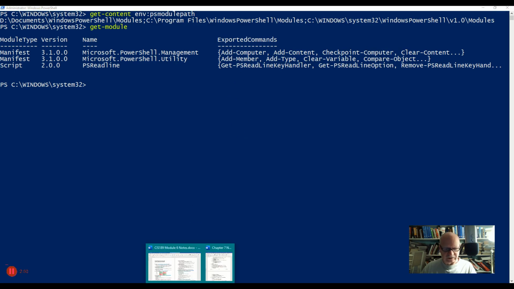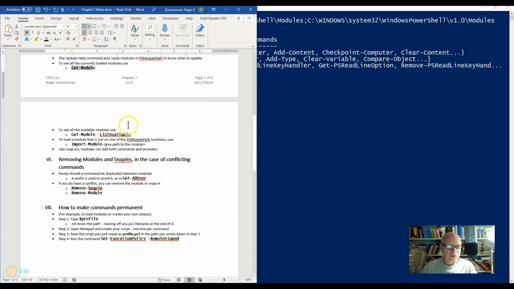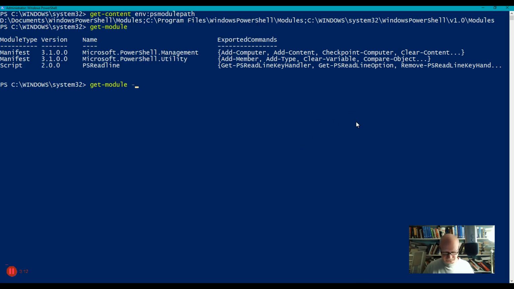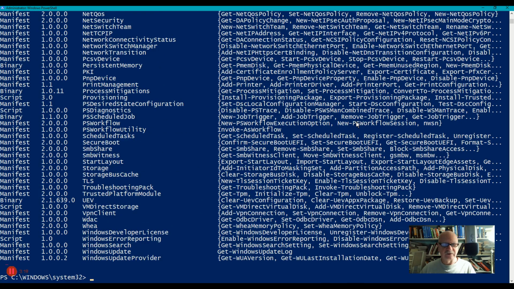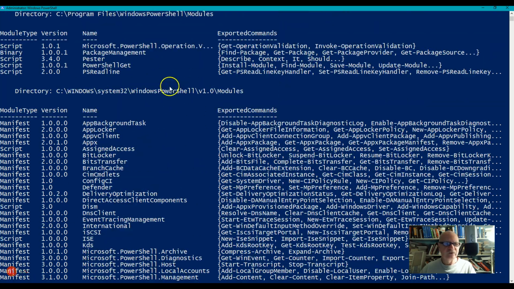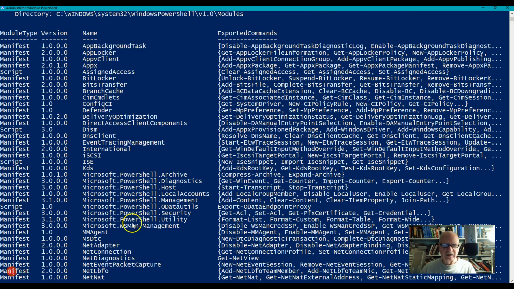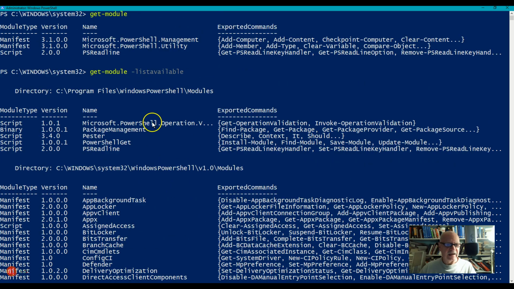So let's go back here. What are the modules I have available to me that are not in the current session? This is the way we can find that out. So here's all the modules that are currently running, and then the ones that are available to me that I could pull commands from. So let's do get module list available. It's going to take a minute because there's a bunch of them. Oh, look at all these. So these are all the modules that I have available to me, and here they are, a whole bunch of them. But you notice that I only had three, I believe, yes, three up here